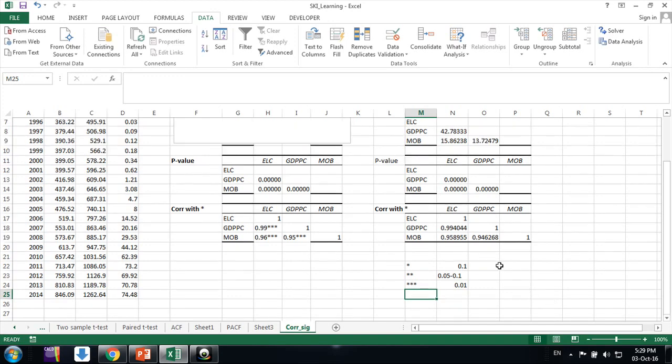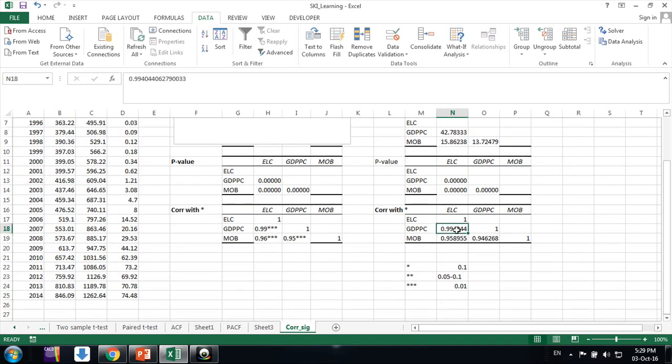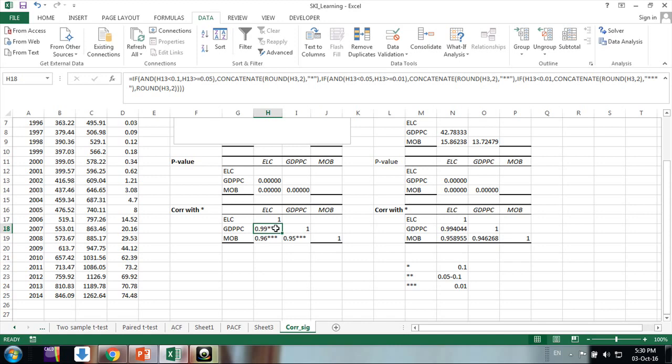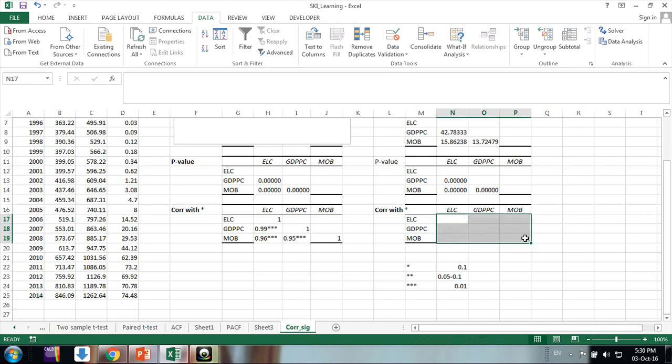So I will do the same thing here again, friends. This is my formula. If you see here, we have that big formula, but don't be afraid of it. It's a very simple formula. We are giving some conditions here. Some if-else command is there, so I don't want to waste my time writing the formula. What I'm doing here, simply I'm deleting it, and sorry, just delete these things, let one be there.